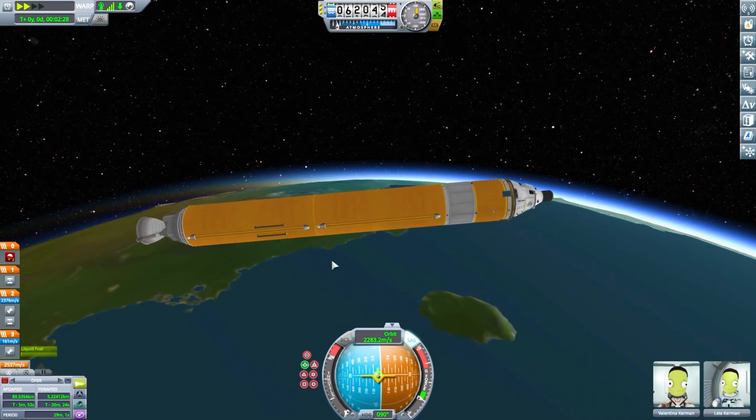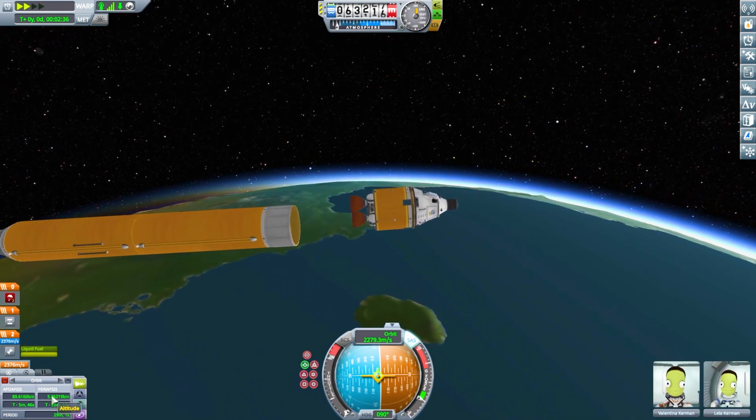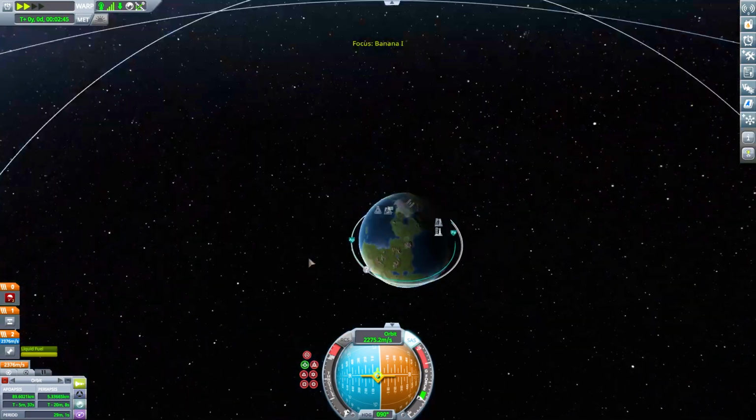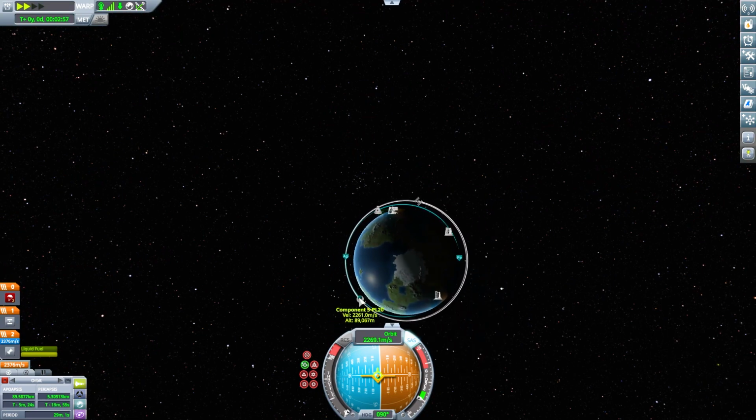In fact, you know what? I'm actually going to dump that stage because that can re-enter. It's low enough, it's going to hit the atmosphere and re-enter, that's fine. Right, let's have a look at the orbit. What are we actually targeting? Oh, we're actually going to end up in the same orbit as it is, aren't we? Oh, lordy. So it's at an 8, so...